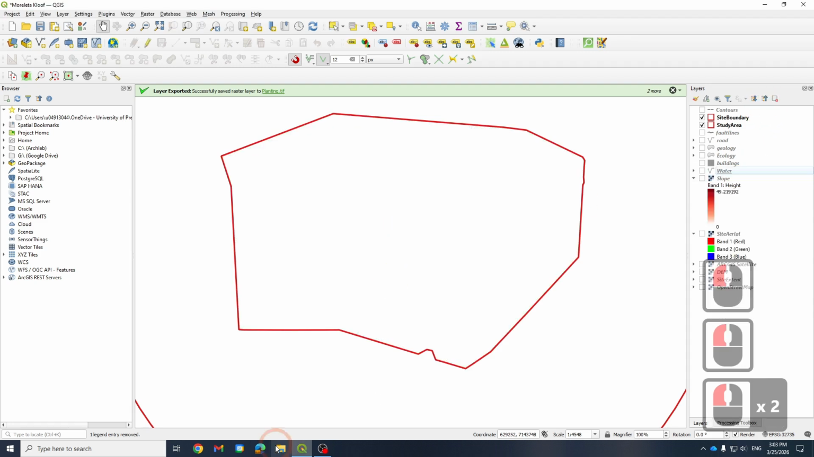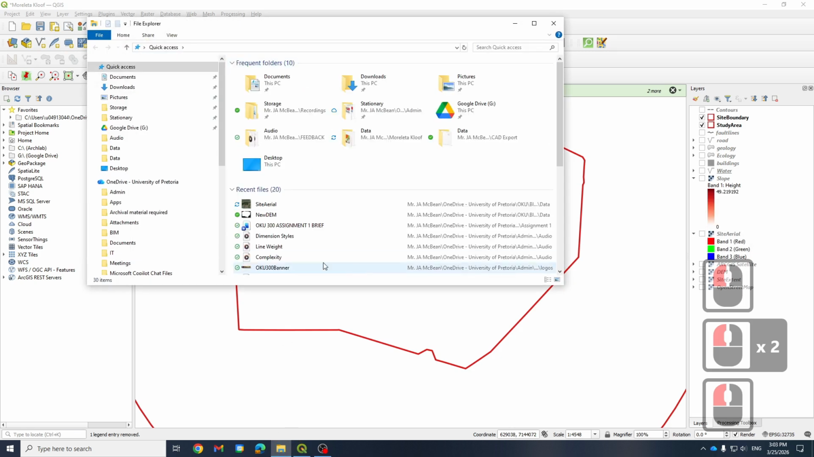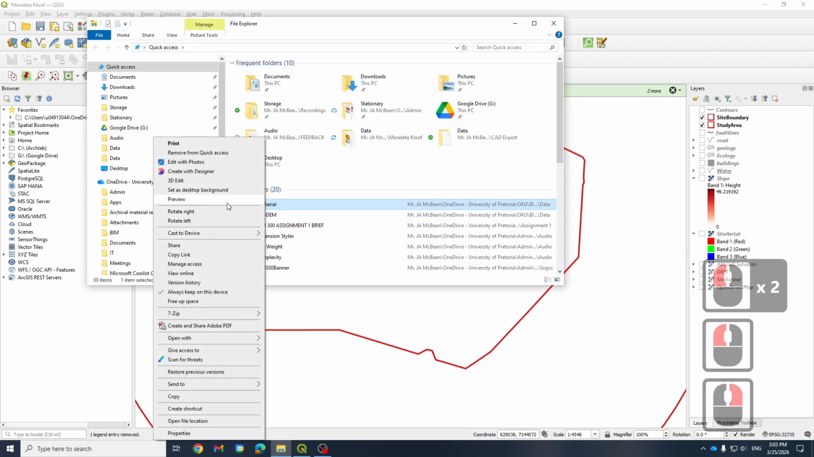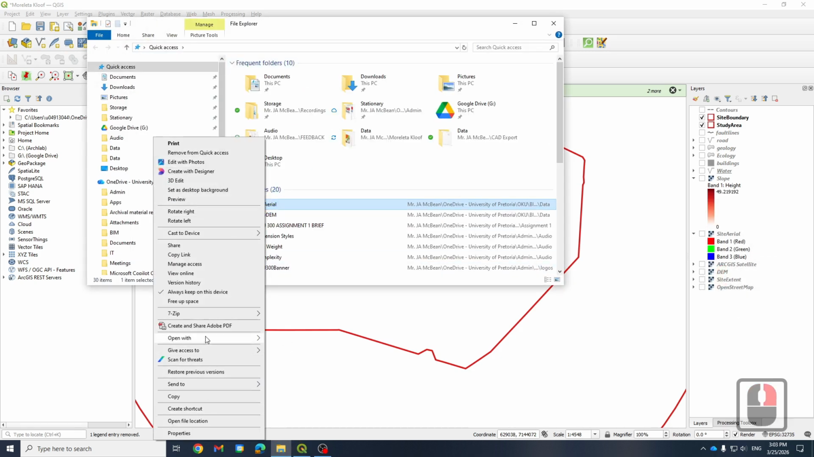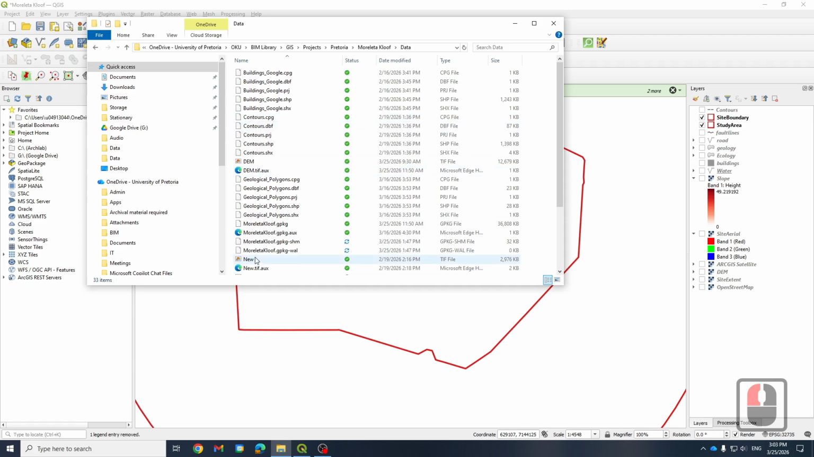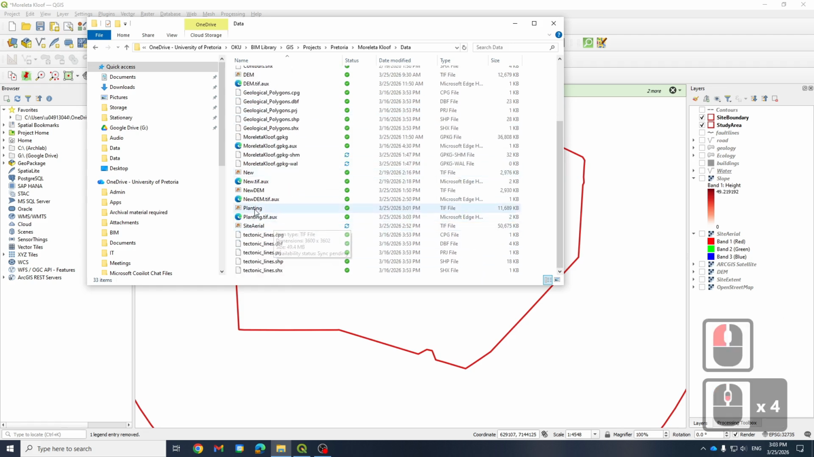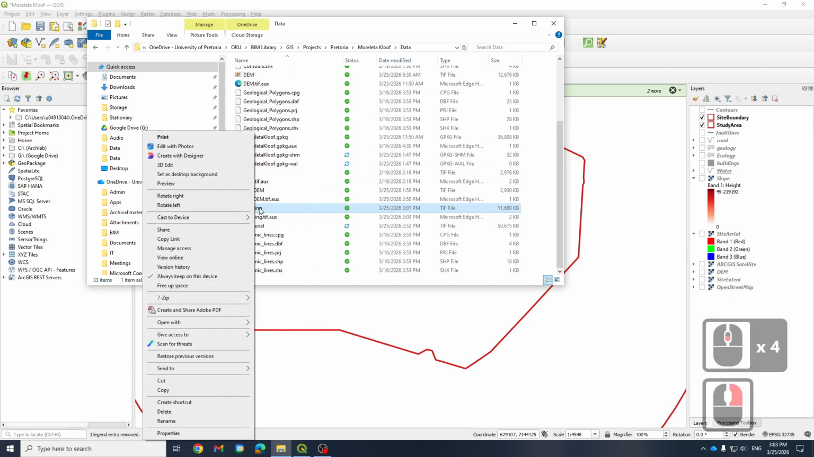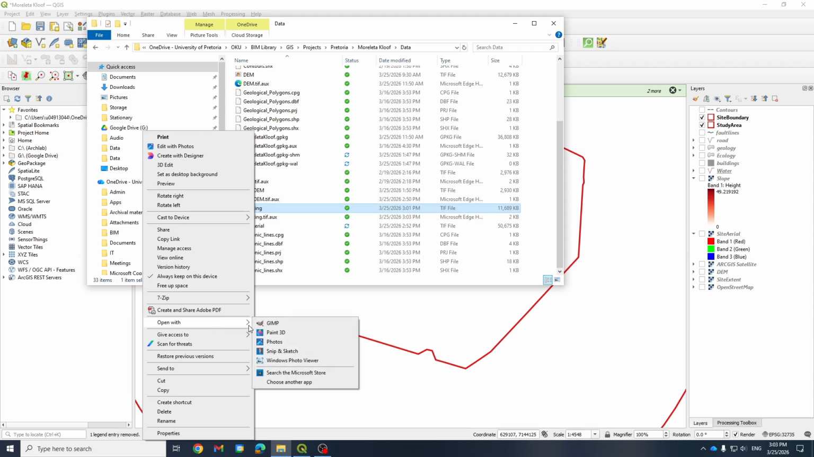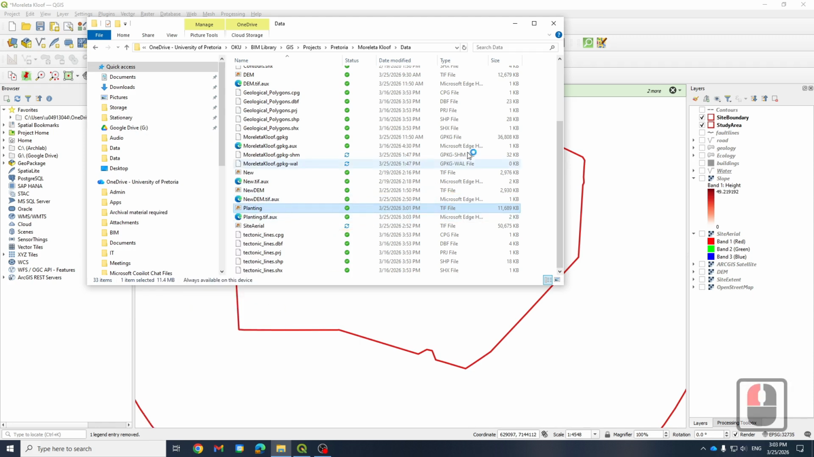I'm going to remove it for now because I know where the file is. I'm going to open this, so open file location. Open file location, and I'm going to open this planting layer with GIMP. So I'm going to go and say open with GIMP. With GIMP, we're going to use it quickly to do a bit of correction on the image, but